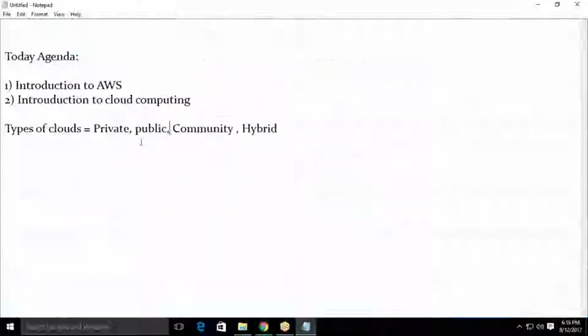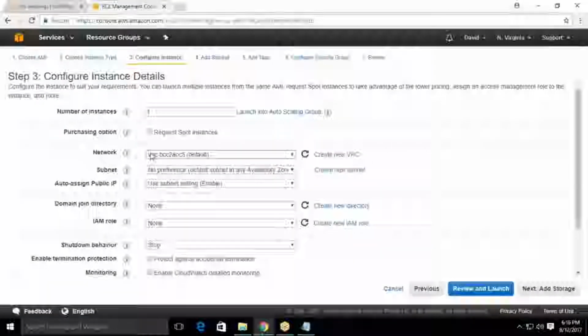As I told, AWS by default is a public cloud. Yes, this is a public cloud. Why? Because you can see it is connected with my default VPC. VPC stands for Virtual Private Cloud. And this virtual private cloud is of two types: one is private VPC, one is public VPC. Right now, the VPC that is configured by default and given to me by AWS is